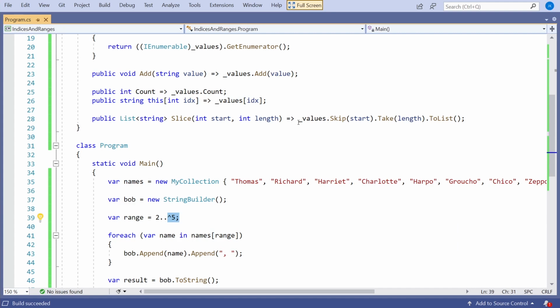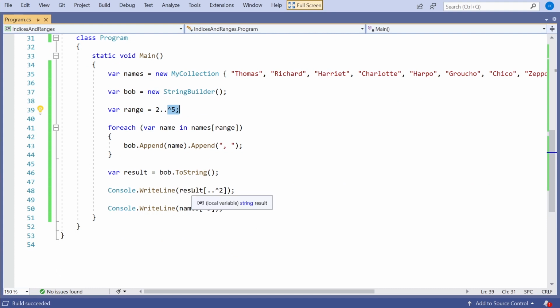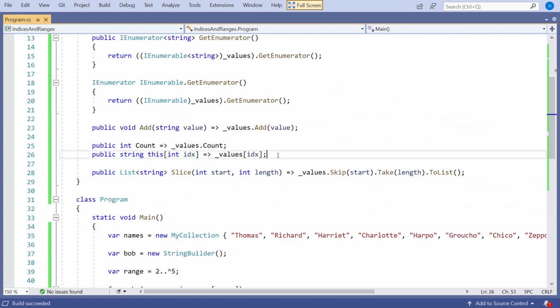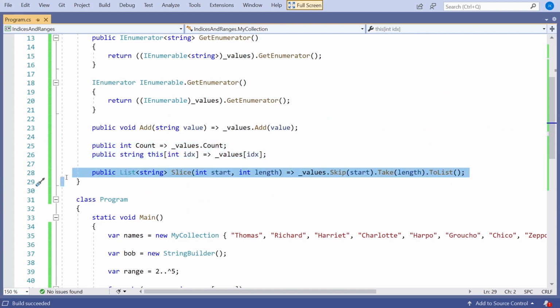But that's why we didn't have the range working on a list, because although a list has a count and an indexer, a list does not have a slice, whereas arrays and strings do have a slice, and have done since the beginning of C# and .NET, and that's why this system is designed in that way. So it could just hook into what was already there, but unfortunately, because a list doesn't have a slice, it can't hook into it on that, but we can write our own collections and have that in there. But really, writing our own collections, we've talked about before, it's not something you want to do that often.